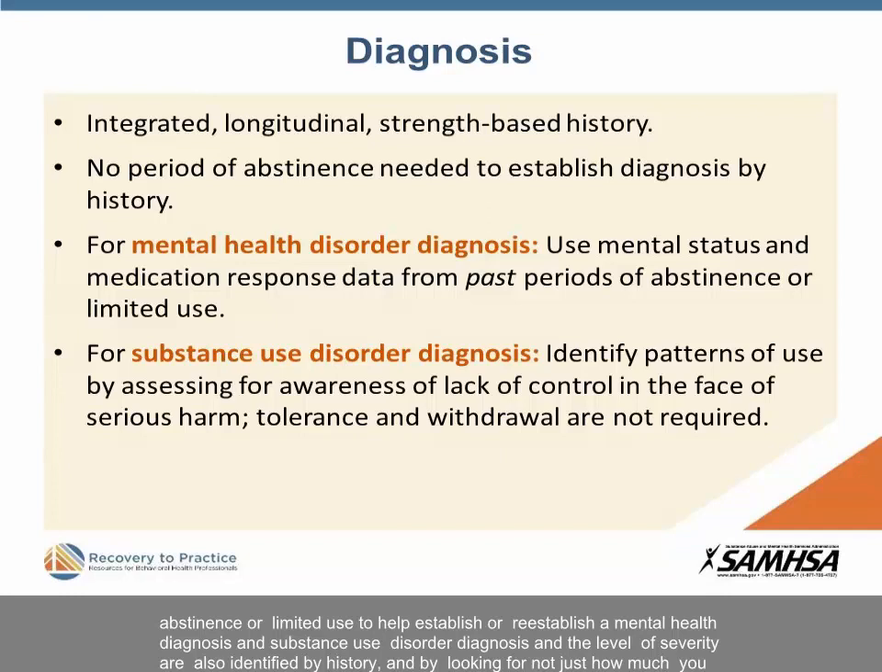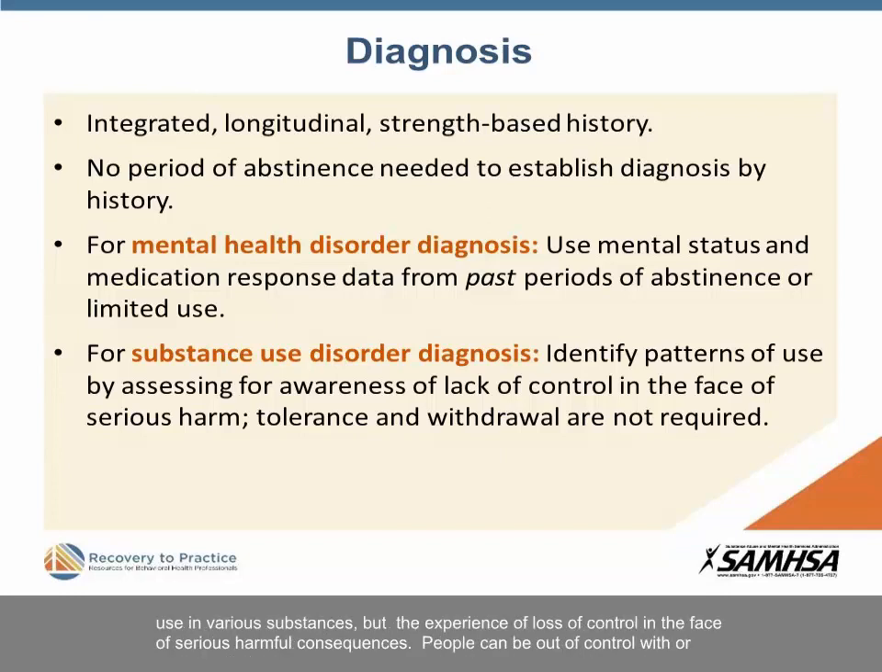And the substance use disorder diagnosis and the level of severity are also identified by history and by looking for not just how much you use of various substances, but the experience of loss of control in the face of serious harmful consequences. And people can be out of control with or without tolerance and withdrawal. So tolerance and withdrawal can be part of the diagnosis, but are not required to establish a diagnosis